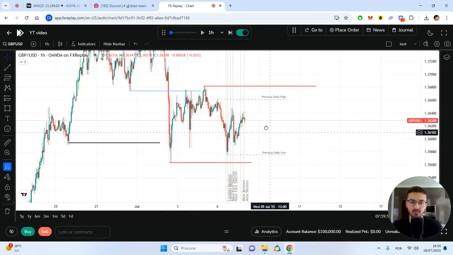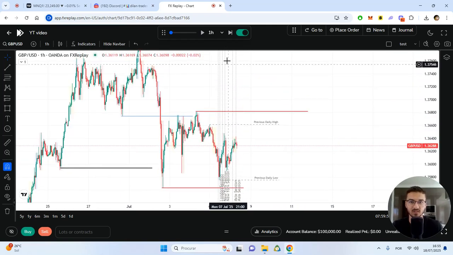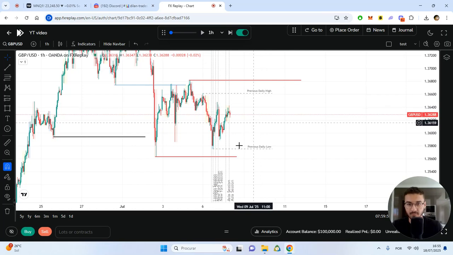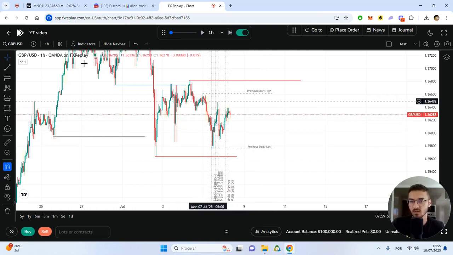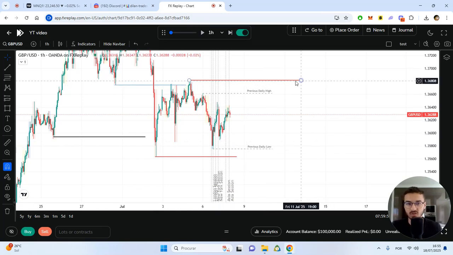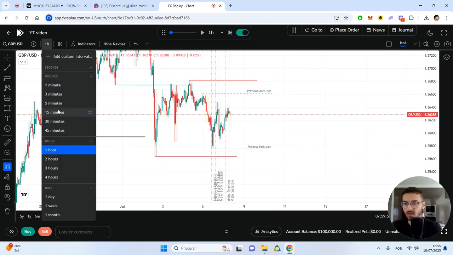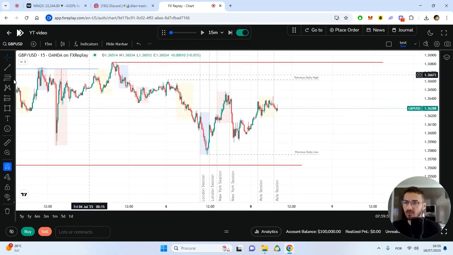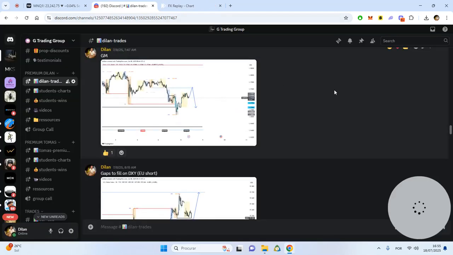Hopefully not super long until the highs with a 30R risk to reward, right? But you might have gotten a win here, sure. Right now that we got the liquidity drawn, we're gonna play out the price. I forgot to add the XY, but you can see that on my premium group,